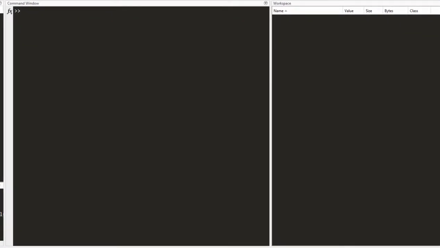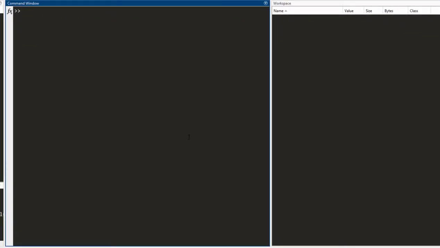It's pretty simple. Let me create a number of variables first. Let me write height as 10, mass as 100, and gravitational constant as 9.81. Did you notice that when I typed out height, it printed out height again as 10, but when I typed out mass and gravity, it did not print it again?